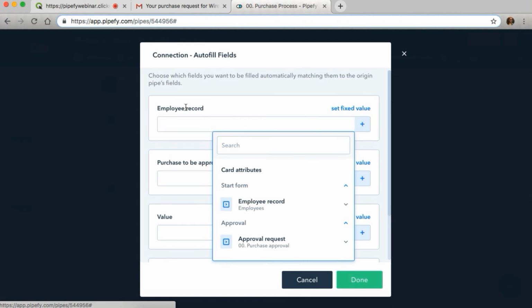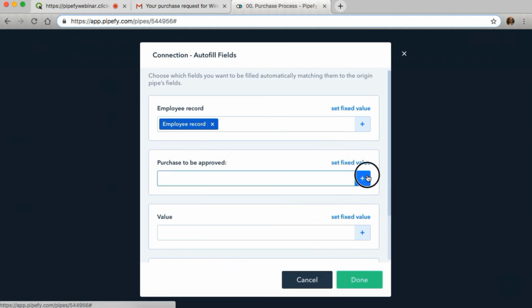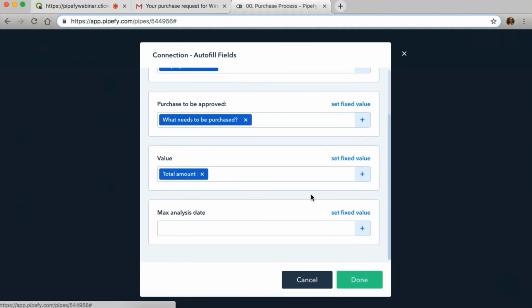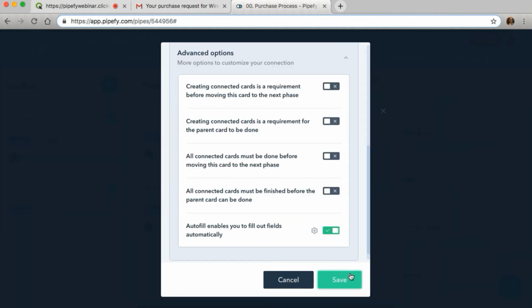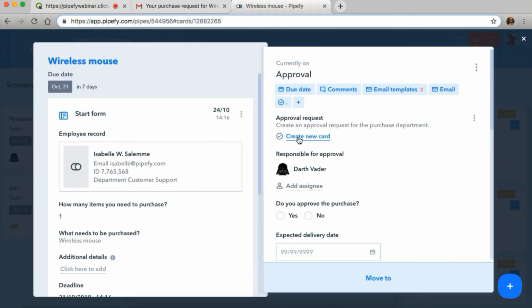So this one is a connection field. It's only going to show us the other connection fields. So I'm going to select here. And there you go. If I come here to the approval, I also have a connection field that was created before the automation that, if I click on it here,